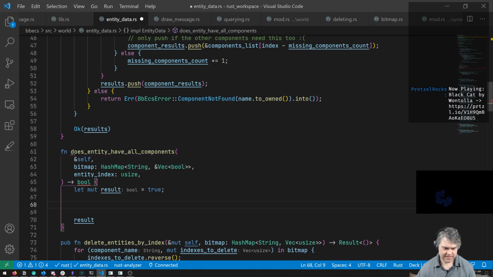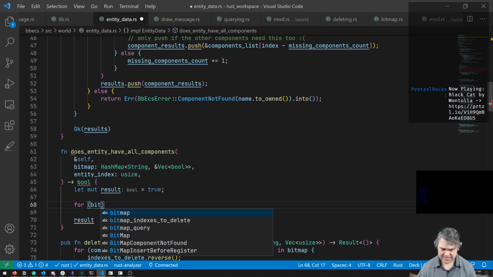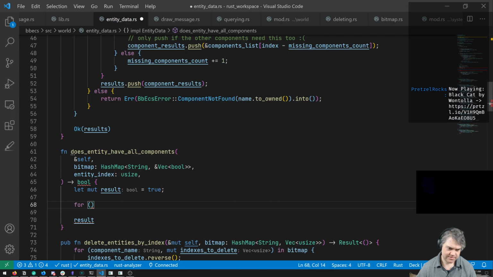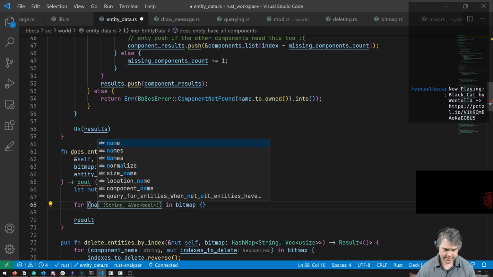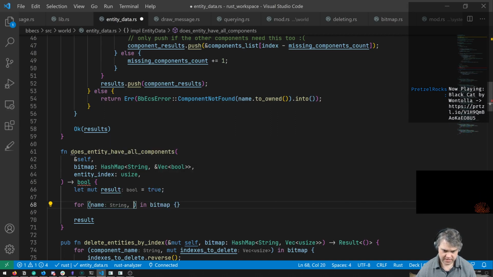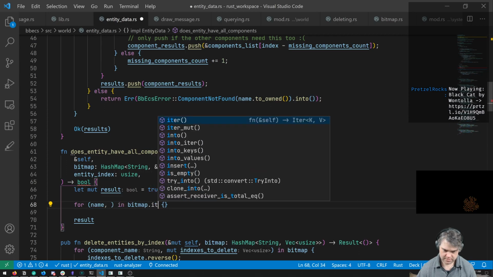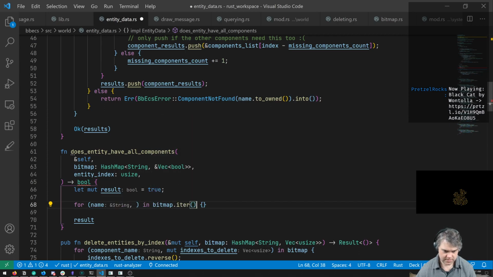So then that could be a for. We're going to have to have a bit. Let's see. In bitmap, which is going to give us our component name. And the components.